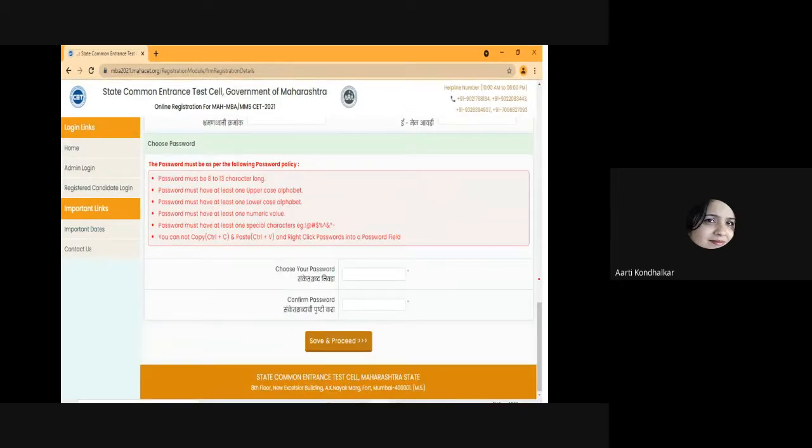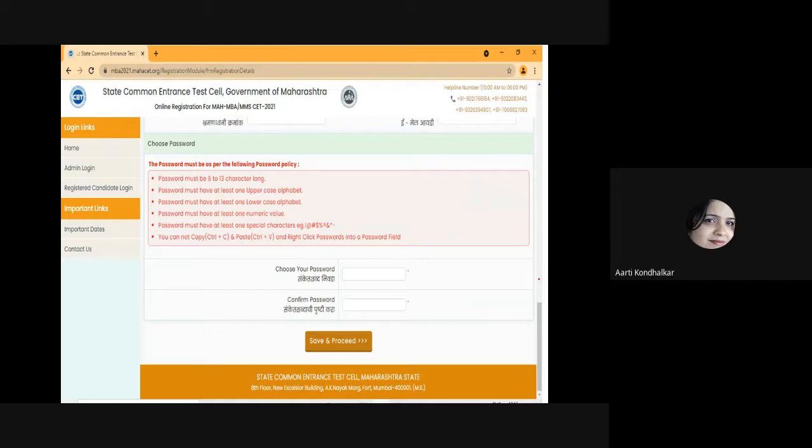Next part, important: the password. Before creating the password, read the instructions carefully. Also, note down your password for future reference.